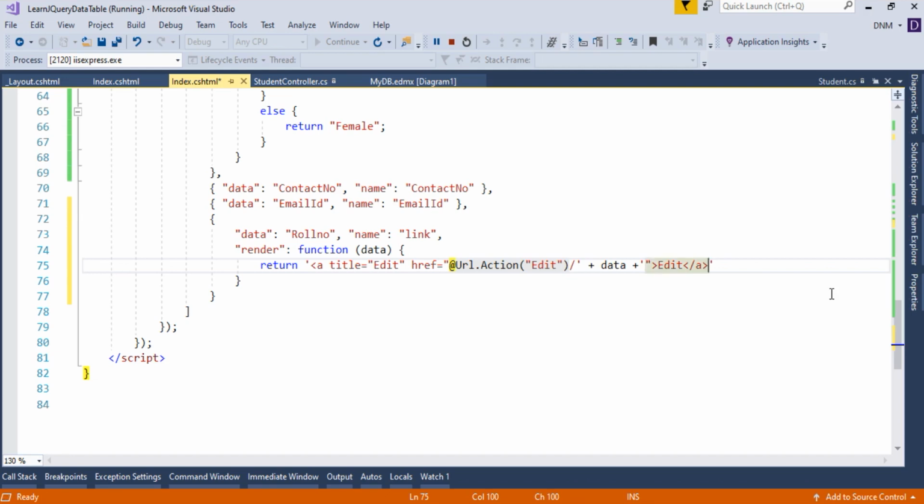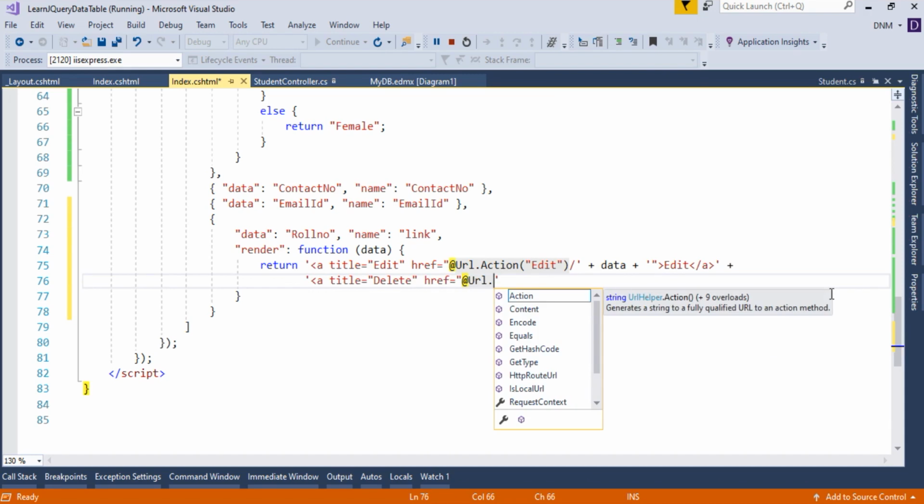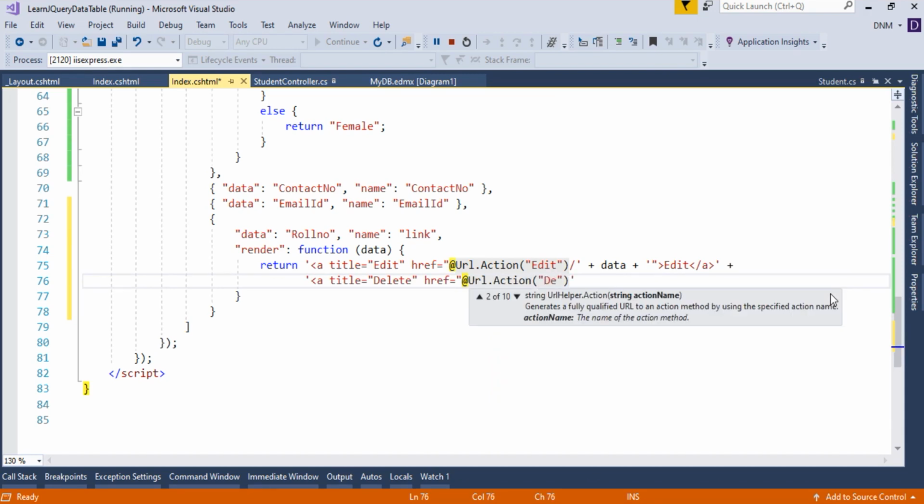And in the same way, I want to specify the delete link also in the same column. So what will I do? I'll again concatenate it. So just for the purpose of readability, what I did, I put it in the next row. So A, again title is optional, it's your choice. If you are using the icon, then only use it, otherwise it is not necessary. Then href is equal to @url.action, and say we have a delete action method.